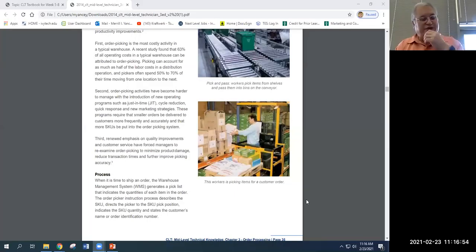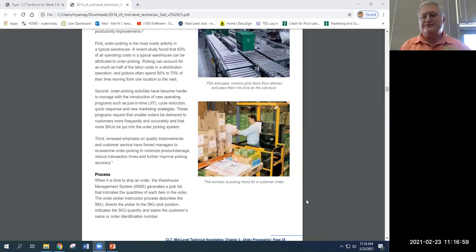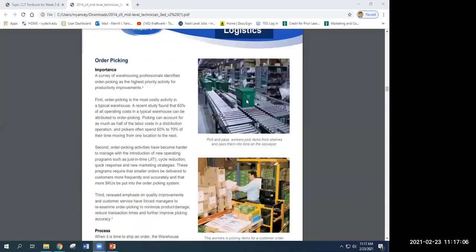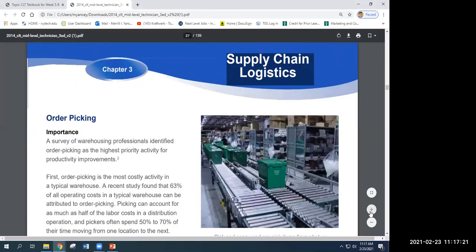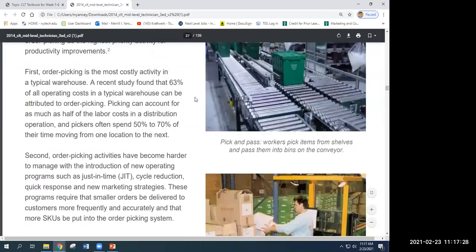Okay, we got the book now? Yes, sir. All right. Wonder if I turn myself off, if it'll make it a little bit bigger for you. All right. And I can magnify this. I think I have an ability to do that, because sometimes it's a little tough to see if you've got a phone or something, but I think it's in the bottom right-hand corner, the plus and minus sign. Yeah, there we go. Okay, is that better? Yeah. All right. Thank you for that. All right, so